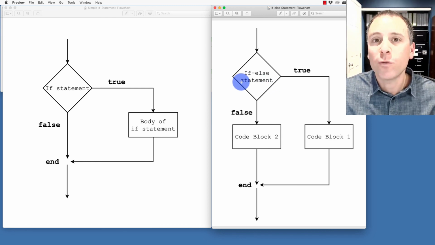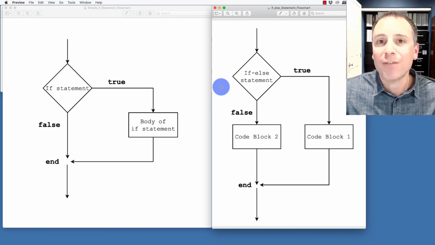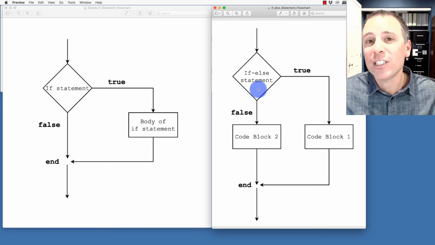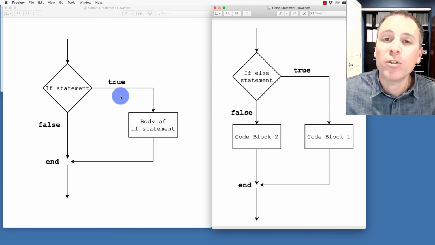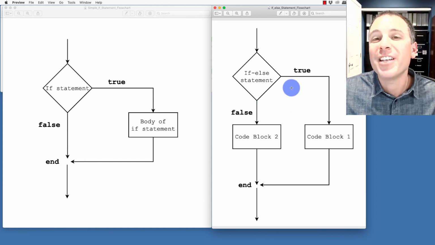Why is it useful to have the additional functionality of if-else statements rather than just simple if statements? What applications would require us to use if-else statements rather than just being able to do stuff with if statements? What is the additional efficiency or the additional use of being able to do if-else statements?